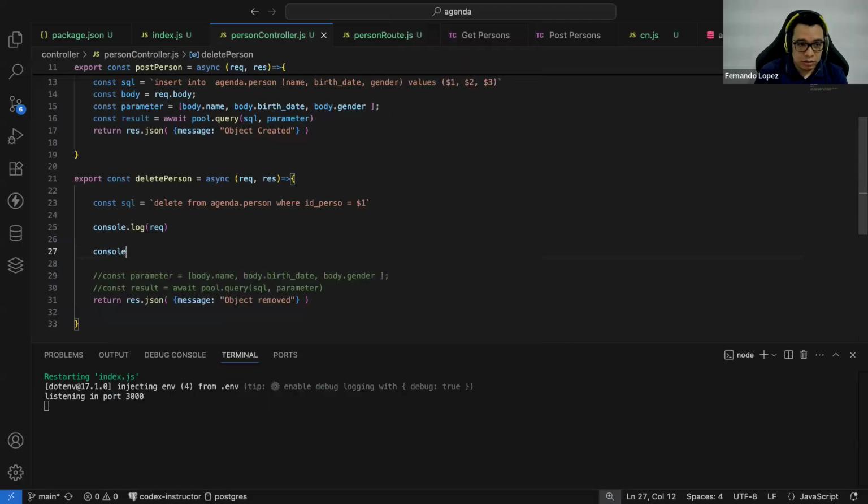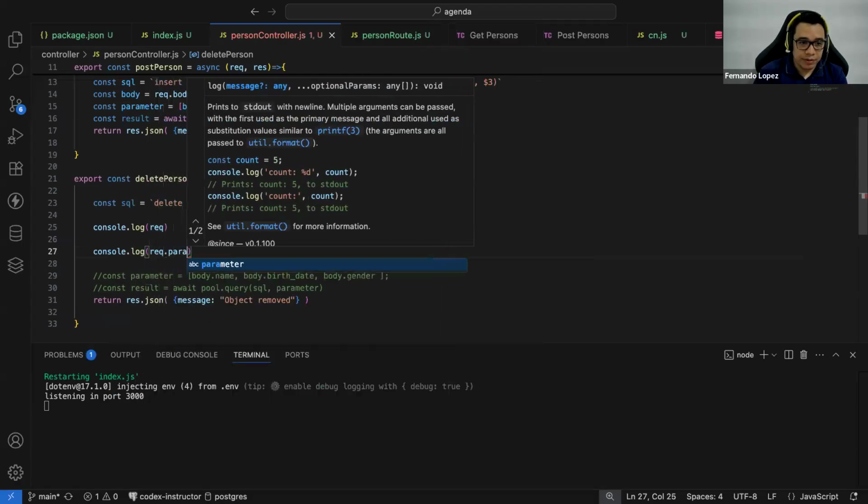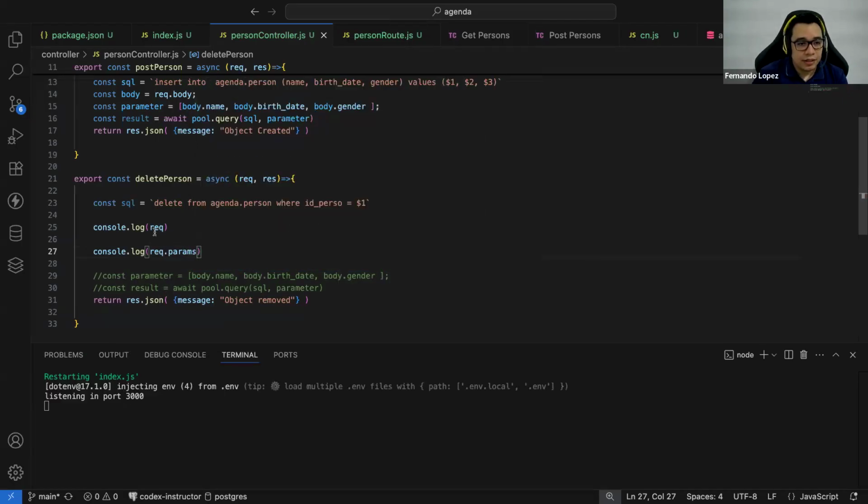You will see console log request.params. Okay, so there are two objects that I will be console logging right now. The request, and this is part of the request, request.params. And you will see that this is very similar to the body element that we grab from the request too.